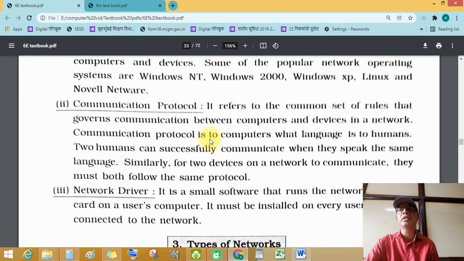Communication protocol is to computers what language is to humans. Humans can successfully communicate when they speak the same language. Similarly, for two devices on a network to communicate, they must both follow the same protocol. Language protocol is the same protocol.